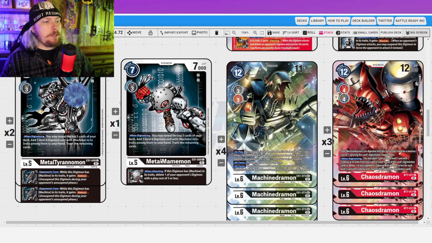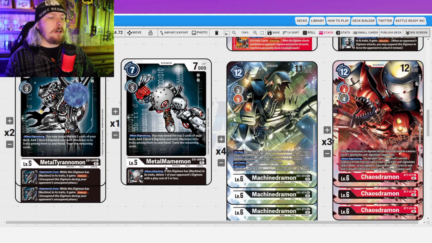But his inheritable is when attacking. If this Digimon has machine and its traits, delete one of your opponent's Digimon with a play cost of 5 or less. So that's going to be memory blockers that are in your way that are super annoying. You can clear those memory blockers out, as well as stuff like